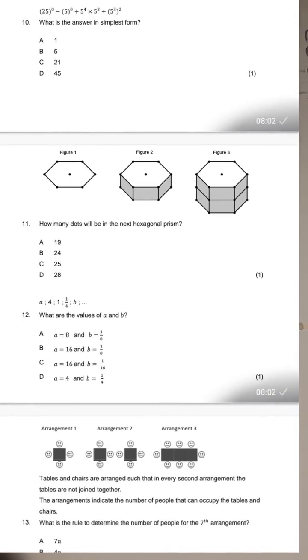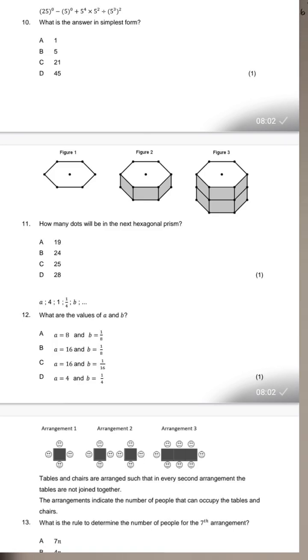Look at question 11. We are given 3 figures, okay, Grade 9s, GEC 2022. Figure 1, figure 2, and figure 3. If you look at figure 1, you can see that there are lines and there are dots, and a hexagonal shape is formed. What do we mean by a hexagonal shape? It means we have a 6-sided shape that is formed with equal sides, but it is made up of dots